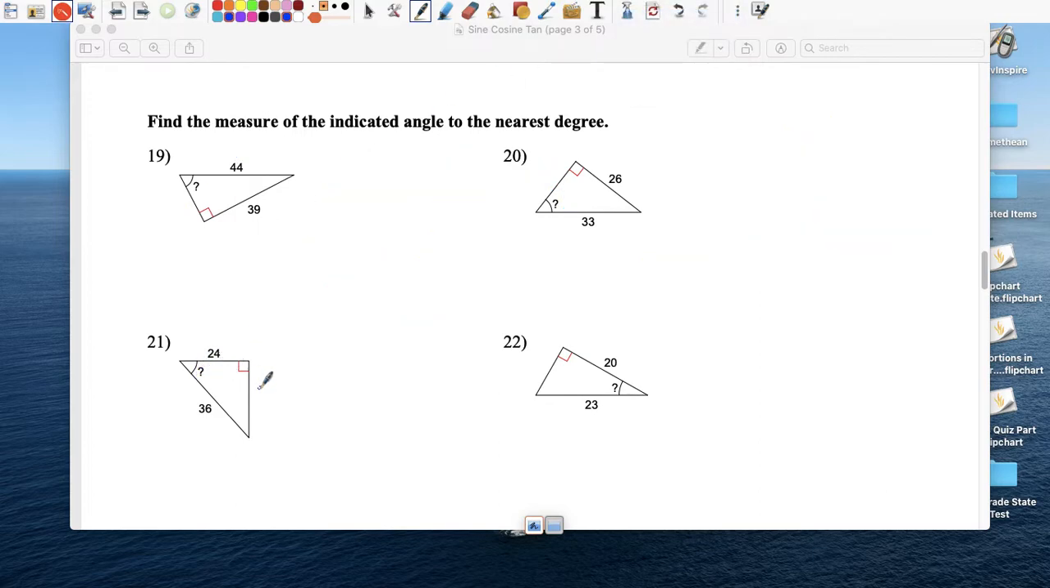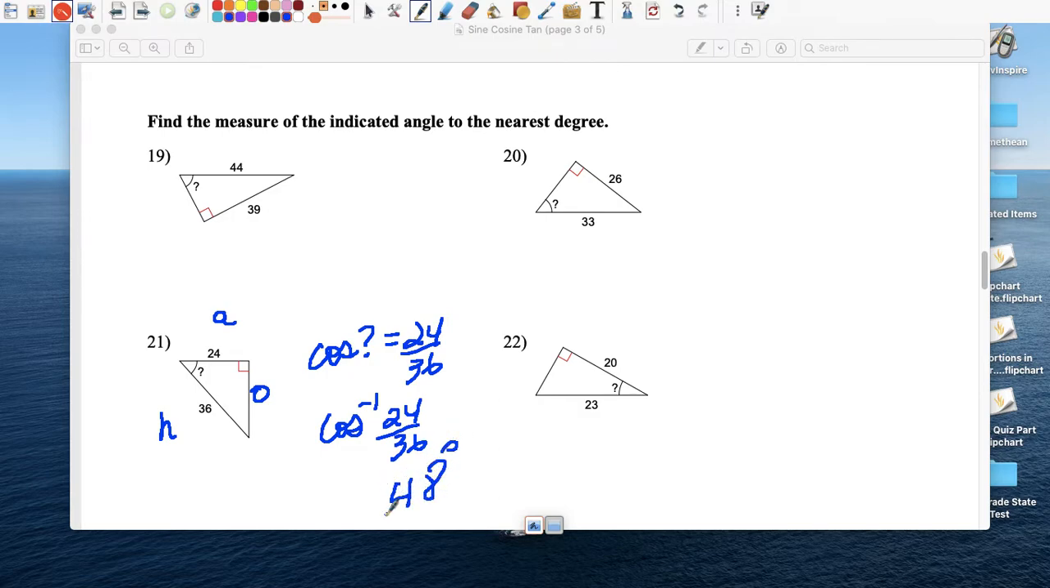This one, this is my opposite, this is my hypotenuse, this is my adjacent. So we want adjacent and hypotenuse, so that's cosine. Cosine of a missing angle is 24 over 36. We want the missing angle, so we're going to do this, right? Second function pi cosine, that inverse cosine is 5, and then we enter 24 over 36, or 2/3, and our angle is 48